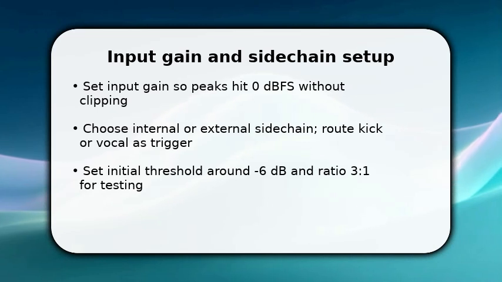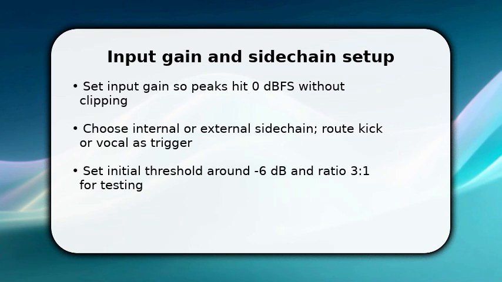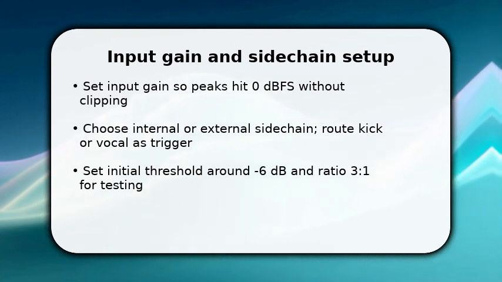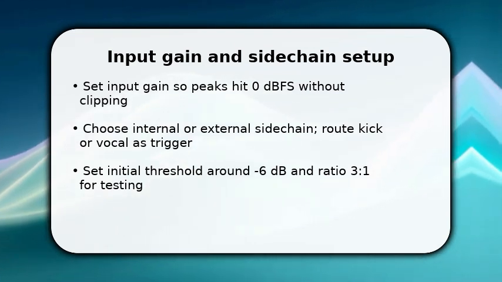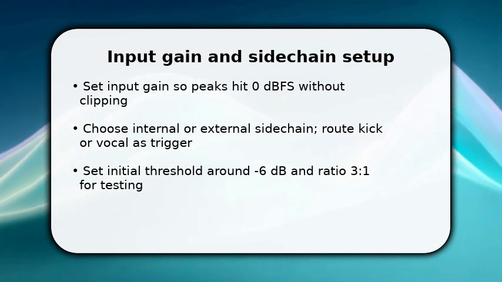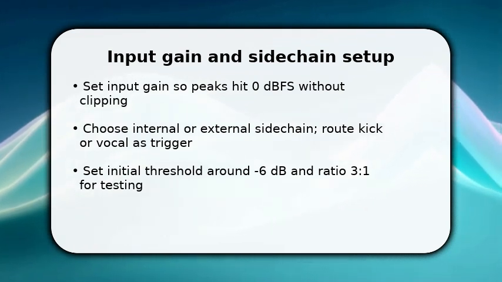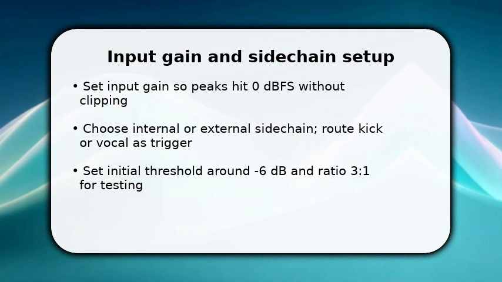You start by confirming the channel gain structure and sidechain source. Set the input so peaks approach 0 dBFS without clipping. This preserves headroom. Next, choose internal versus external sidechain and route the appropriate trigger, for example, kick for bass control,